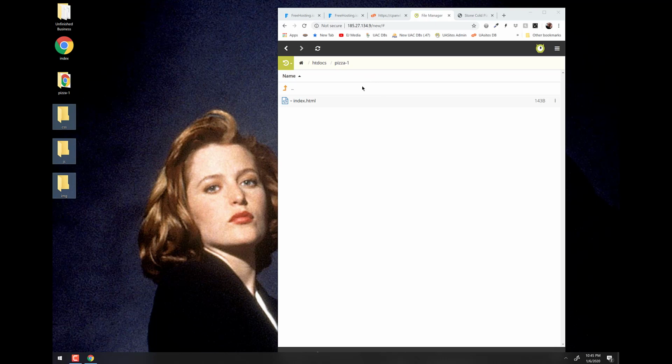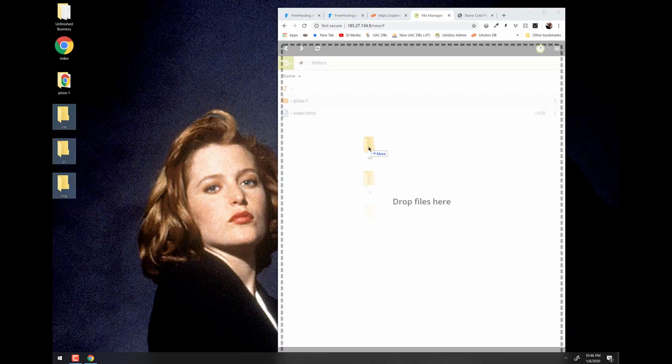Each site, your pizza site, your tic-tac-toe site, and so forth, will have their own set of those 3 unique folders. For our purposes, though, we're not going to put it in the pizza site because I'm going to delete that in a minute anyway. But for the root site, directly in the htdocs, you're going to have that.